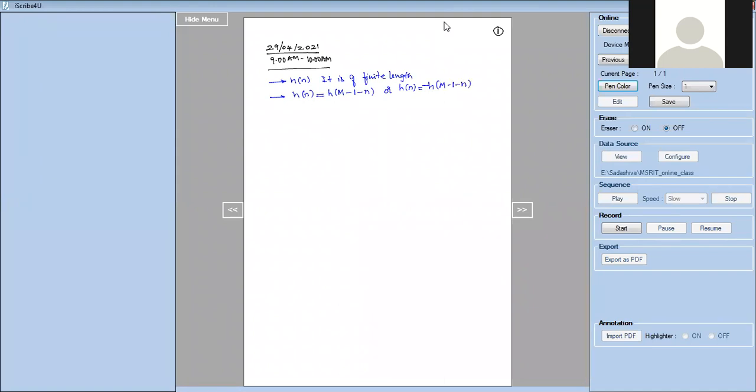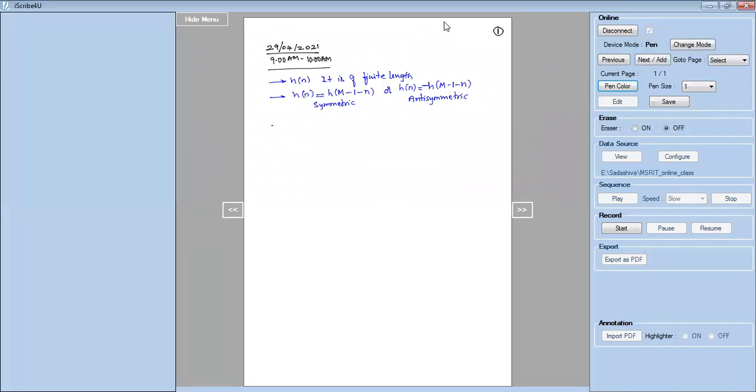That means in this case it is considered as the symmetric impulse response, and this is considered as the anti-symmetric impulse response. So when we consider the symmetric and anti-symmetric impulse responses, because of the nature of this, and if we are considering that the h of z is having real coefficients, in that scenario my zeros will be